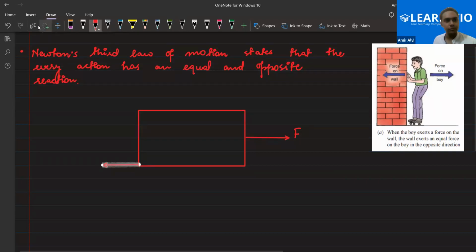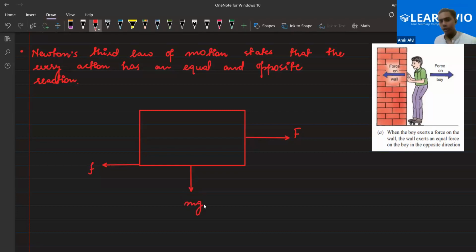Clear, everyone? Yes, sir. Okay. Because frictional force works in the opposite direction. So this is the frictional force. And the mass, or you can say the weight of the body, acts in the downward direction due to gravitation, or you can say due to gravity. And this force is called the reaction force. There are two names for this force, which is in the upward direction. It can be called the normal force or the reaction force. Both the names are correct.